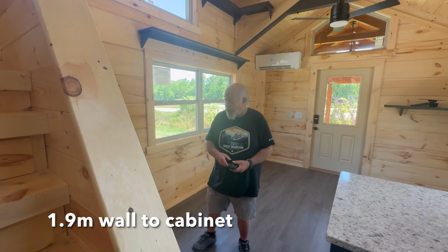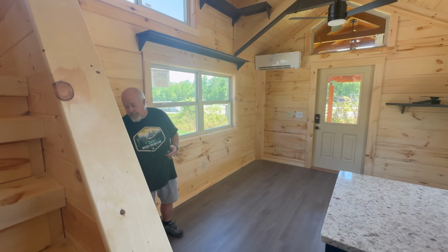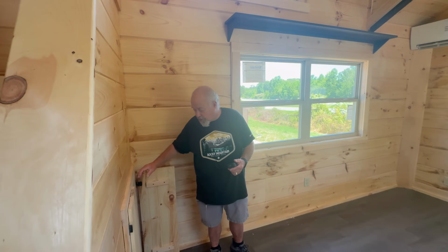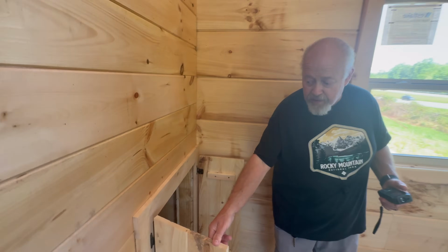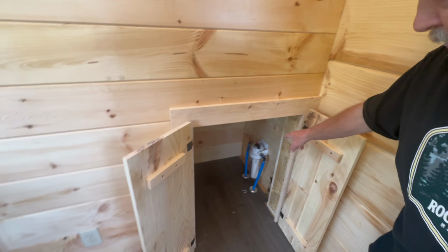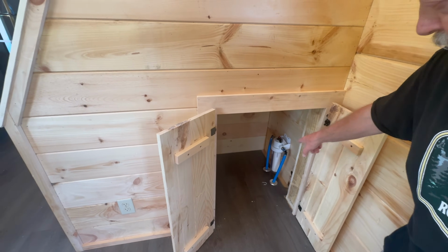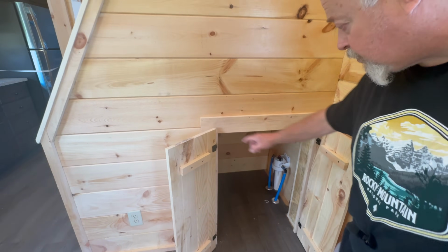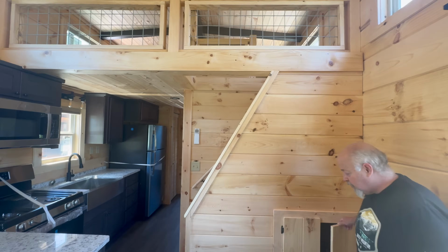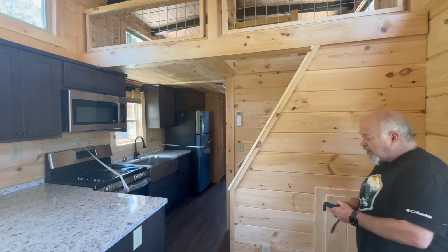Plenty of space. I don't know if Tammy was able to show you, but they did include a space under the stairs to the loft. Your water heater, I believe, is a tankless water heater mounted on the outside. And right in here, you've got some storage space, but you've also got your water filtration set up right there. Double door that goes right there. So as we go into the kitchen,